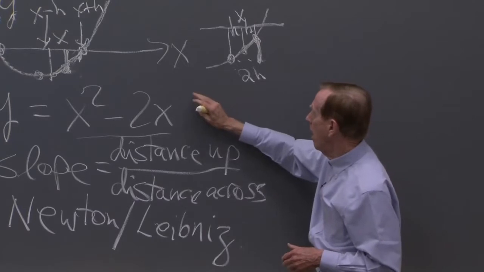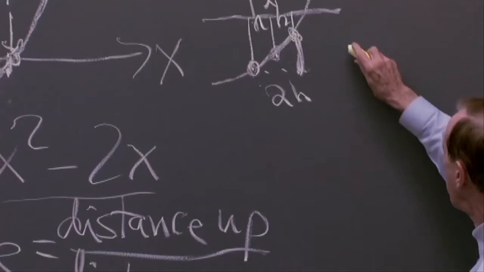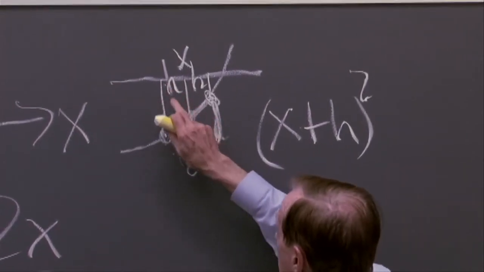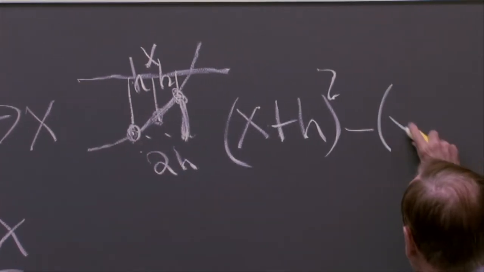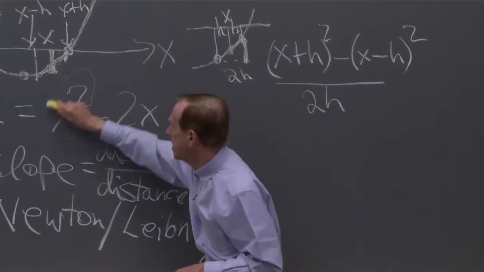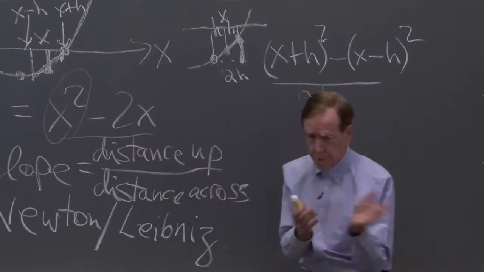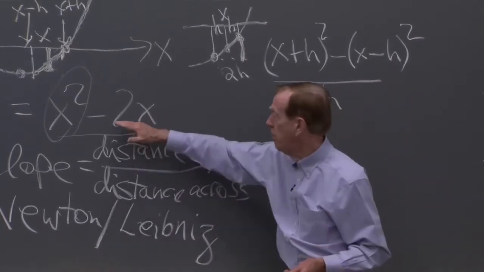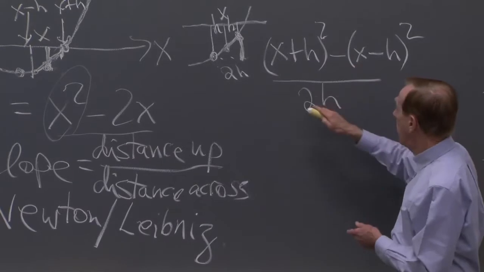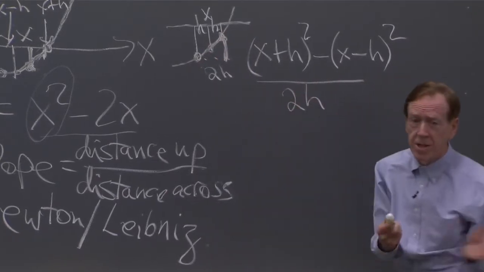Okay, so let me take the x squared term first. So the distance up from the x squared would be x plus h squared minus this height, which is x minus h squared, over 2h. I'm just focusing on the x squared first, because that's the part where the slope is changing. The slope from the linear term will, as we'll see, just be a fixed number, minus 2. That's not changing, but the slope here is changing. And so this is that one minus this one,